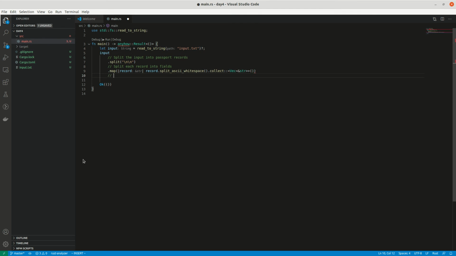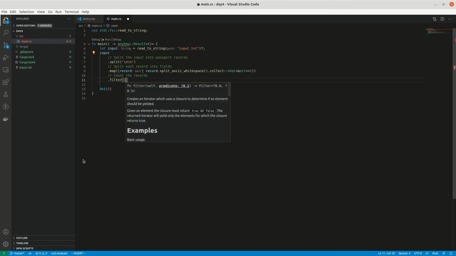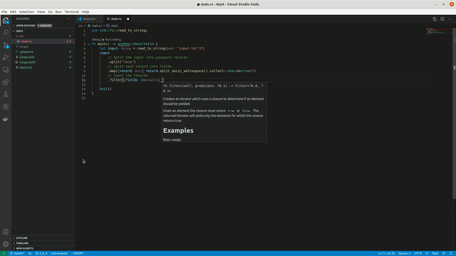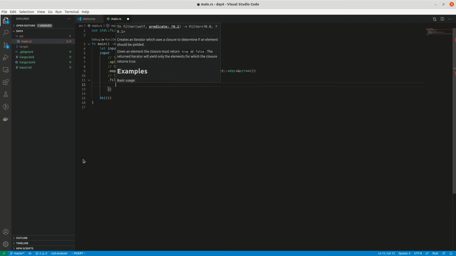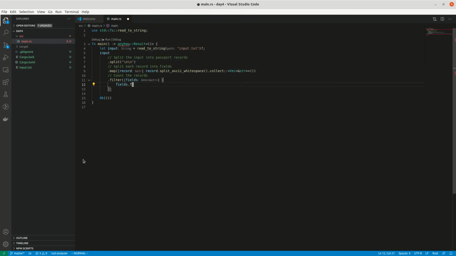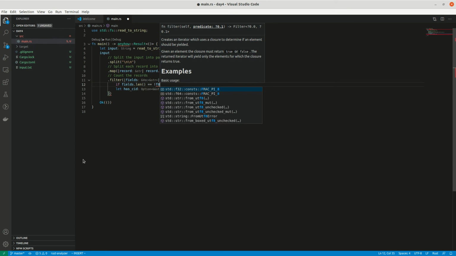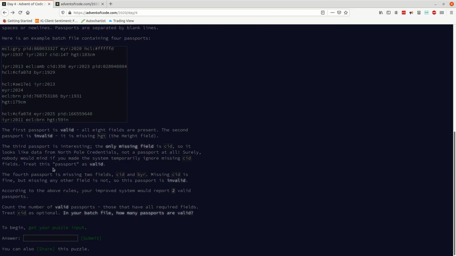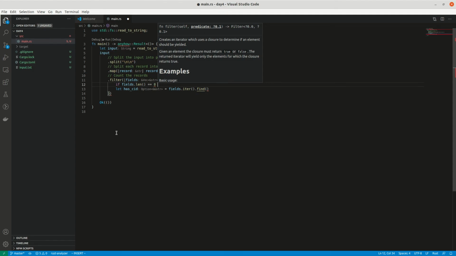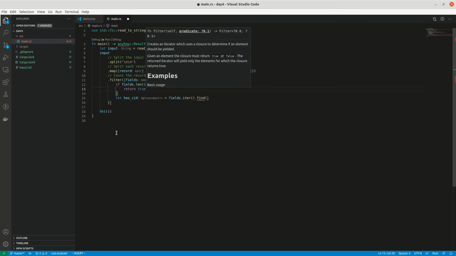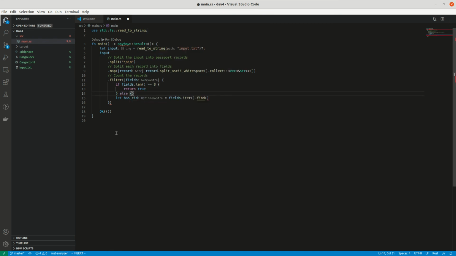So now we've got a record, count the records. So we'll go dot filter. These are the fields in the record, which is the vec of strings. So we first want to go fields dot, okay, has CID. We'll go let has CID equals fields dot iter dot find. You know what, we don't even need to do that. We've got to count. If fields dot len equals 8, because a valid record will have 8 fields. It says here all 8 fields are present. Yep. Return true. We want to count that. Otherwise,